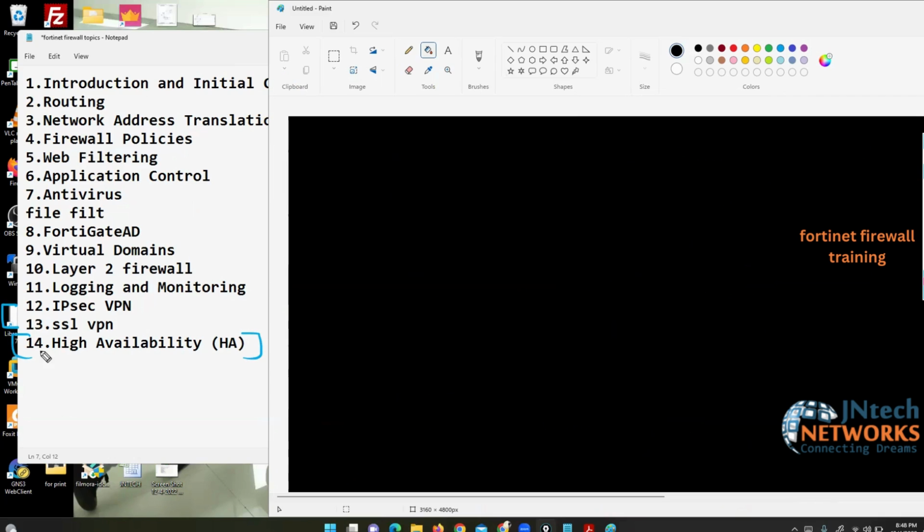You can say failover concept in Cisco. In Palo Alto, you can say high availability. In Checkpoint, you can say clustering. So what is high availability? See, for example,